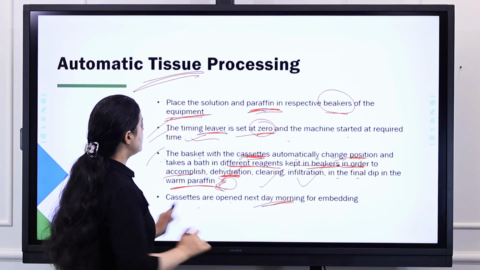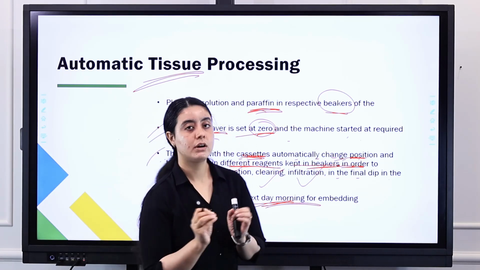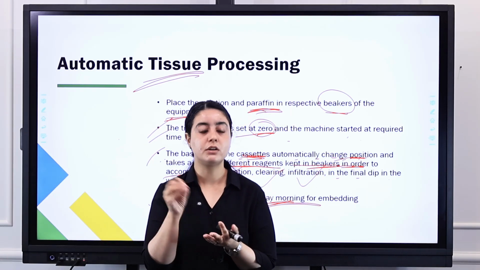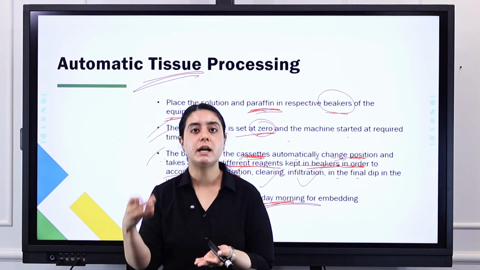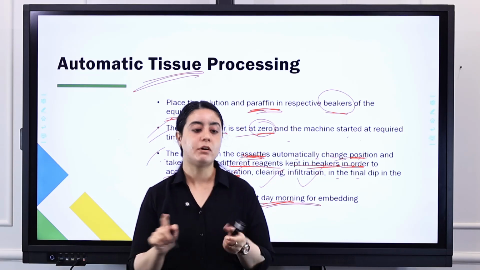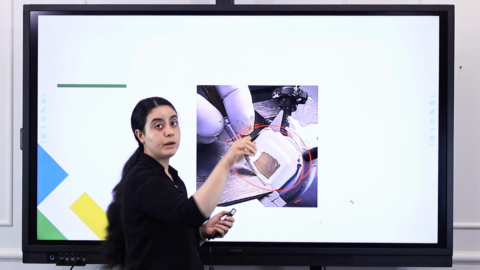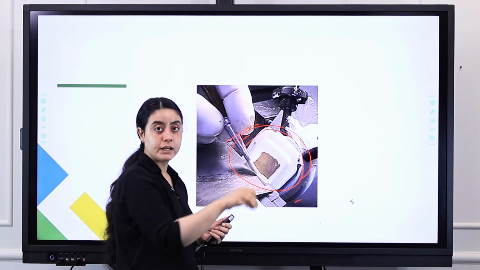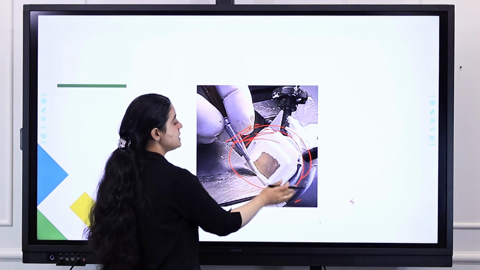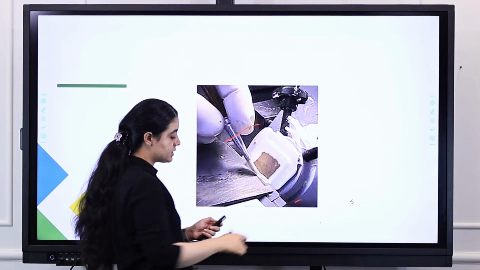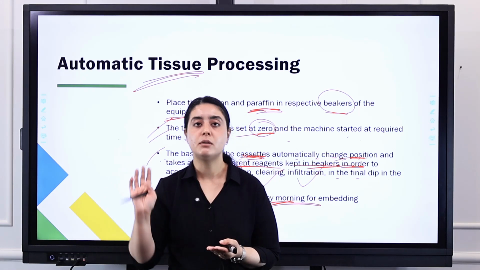See, so till here you have your block. Next morning you have your tissue in the melted paraffin bath. So now you have to remove it, embed it, cool it down, and now you have a perfect block like this. You are ready to cut the sections from this type of block, and you can proceed with your further staining and mounting procedures.